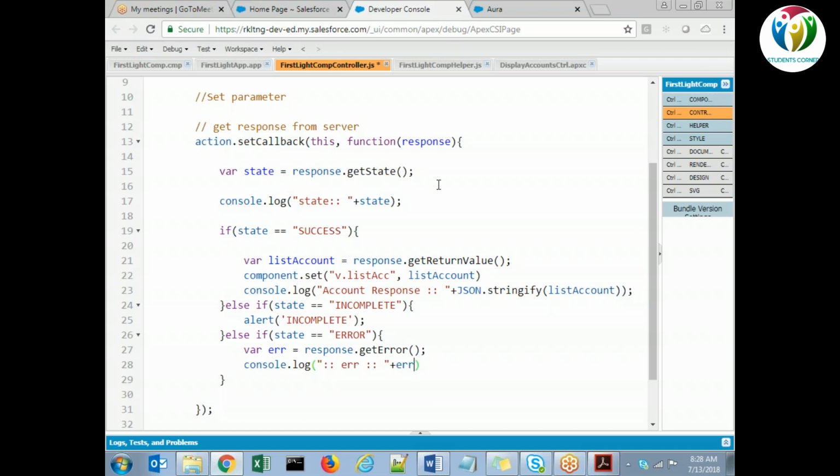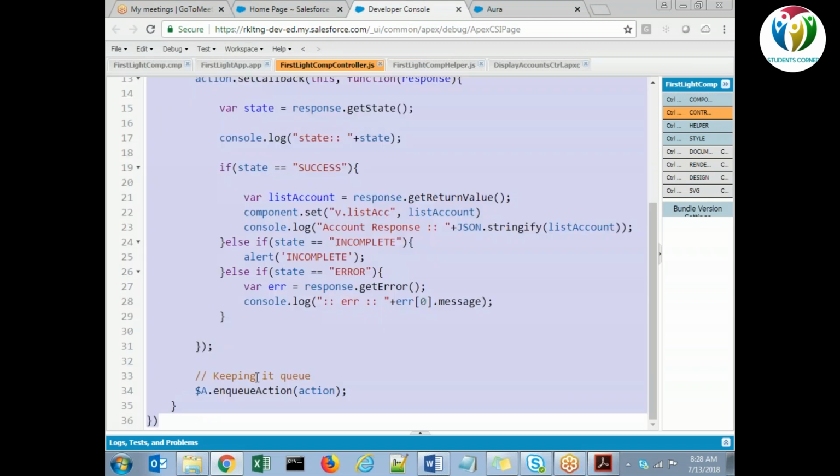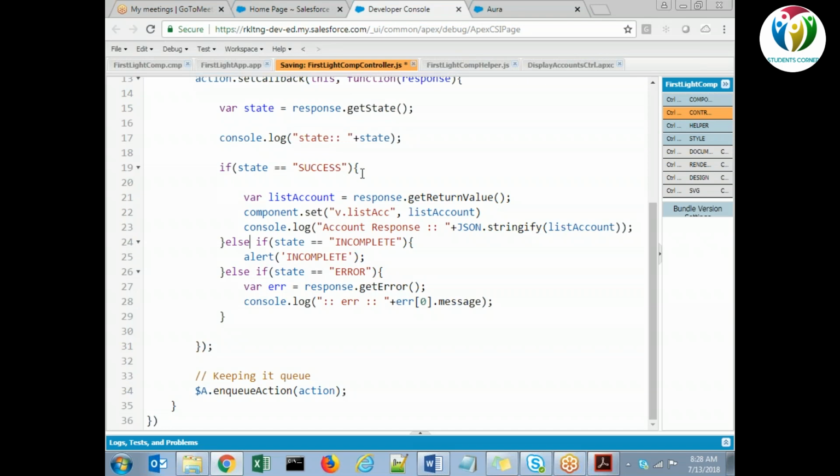That's it, Naresh. One last question: usually in Classic we refer to these classes, right? So let's say for a string class, if you want to know what methods are available, we usually Google it and look at the developer guide, right? In this case, at line 21, I didn't know that there was a method called getReturnValue, but there should be somewhere in the documentation. So what document do we need to refer to when doing something in the JS controller? You can refer to the standard documentation of Salesforce. So which is the Lightning developer guide? Correct, correct. Okay.